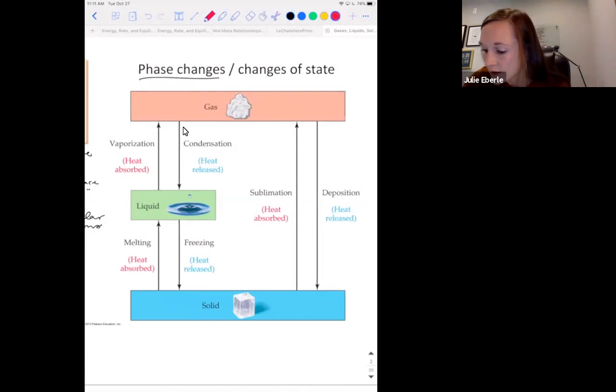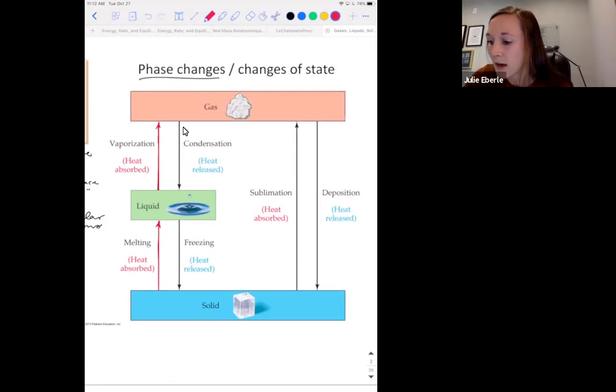If we follow this first arrow up, as we go from a solid to a liquid, that's called melting. As you go from a liquid to a gas, you're vaporizing; boiling is another word. In both cases, as you travel up this figure, you are absorbing heat, absorbing energy, because gases have more energy than liquids, and way more energy than solids. So it makes sense they have to absorb heat. You have to absorb heat to melt ice, and to boil a liquid or for that liquid to vaporize.